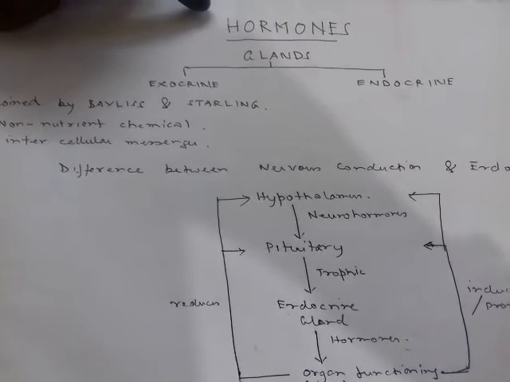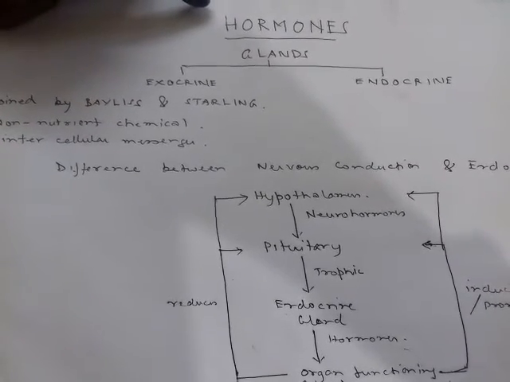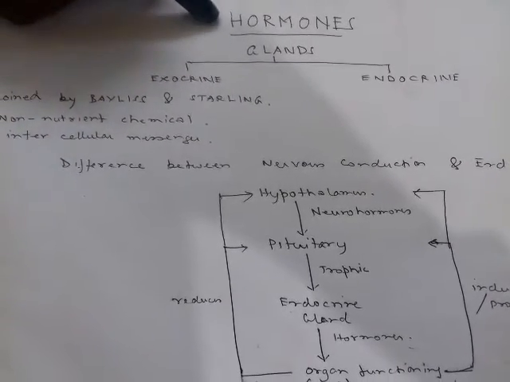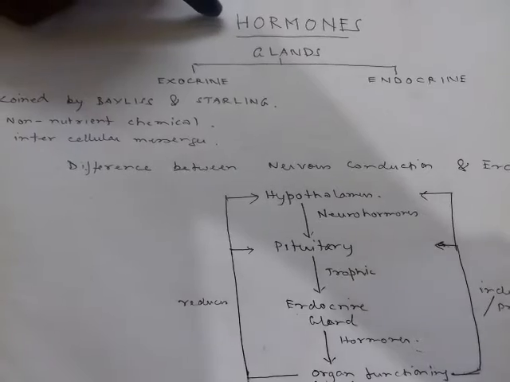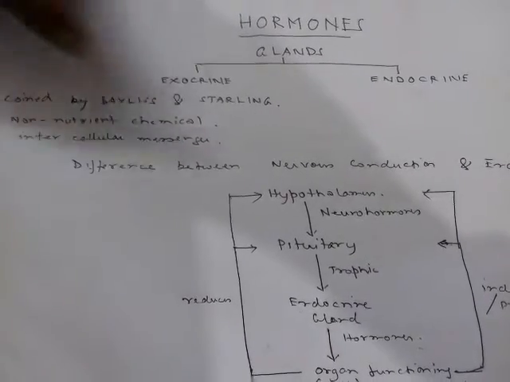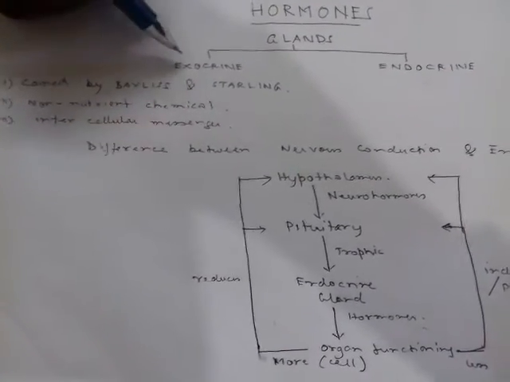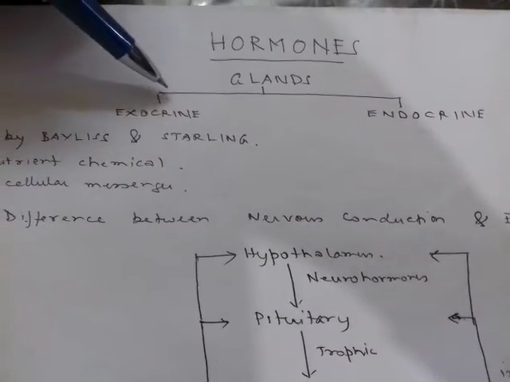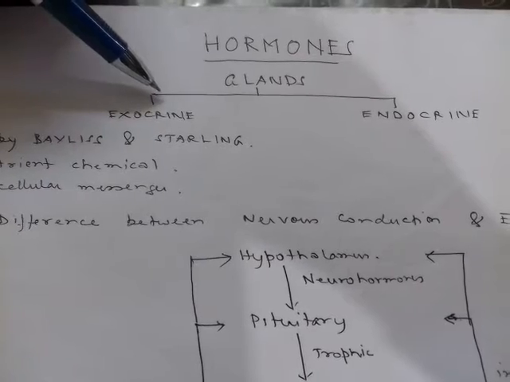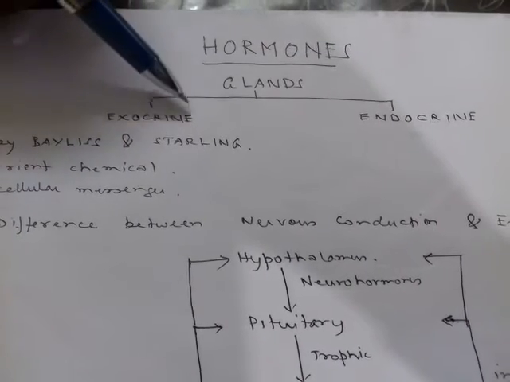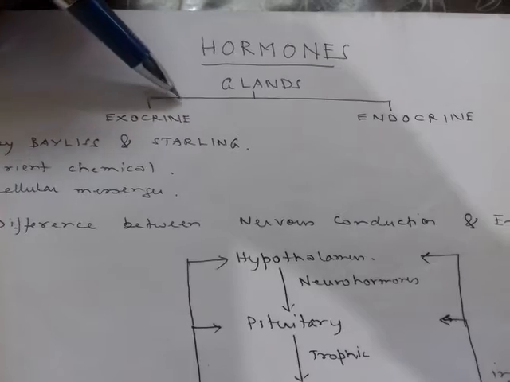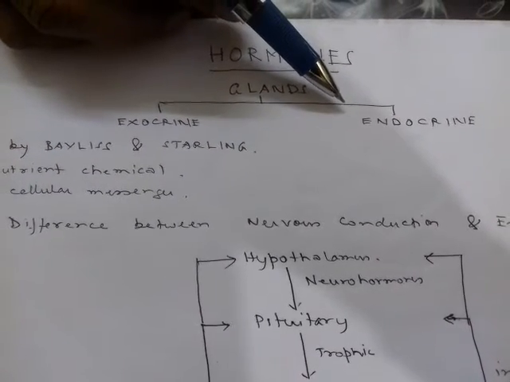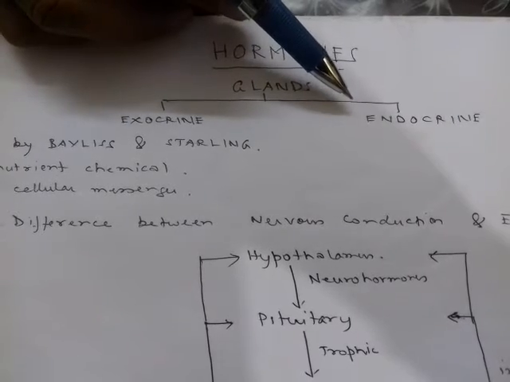The hormones are generally amines in nature. They can be amino acids, they can be proteins, they can be steroids or fatty acid derivatives. Now there are two types of glands. One is called the exocrine gland, another is called the endocrine gland. Exocrine glands, as you have studied, like pancreas, sweat glands, sebaceous gland, secrete certain chemicals which are supplied through the ducts. But endocrine glands secrete the hormones and they directly pour the